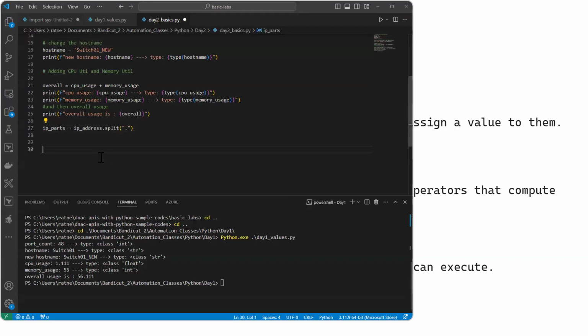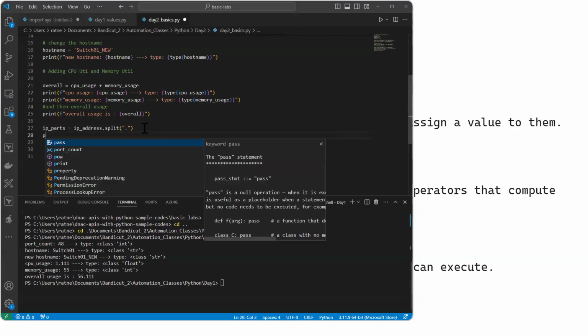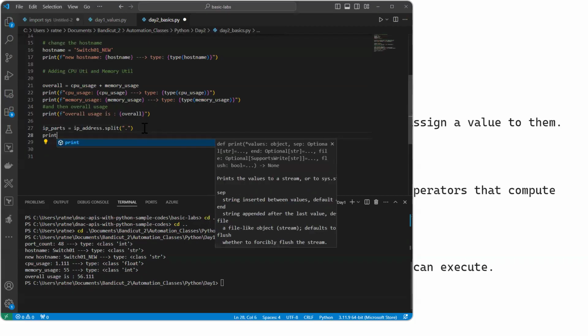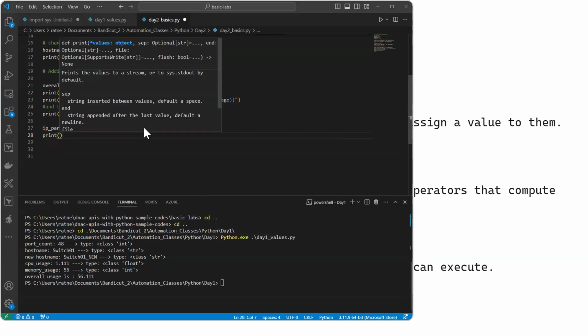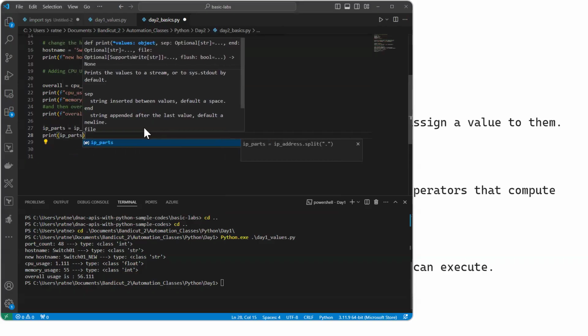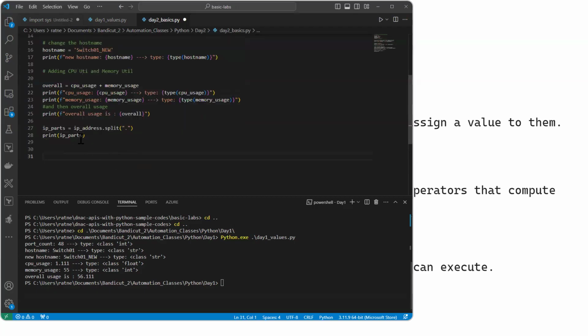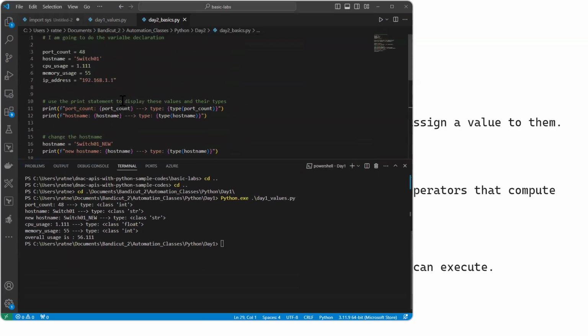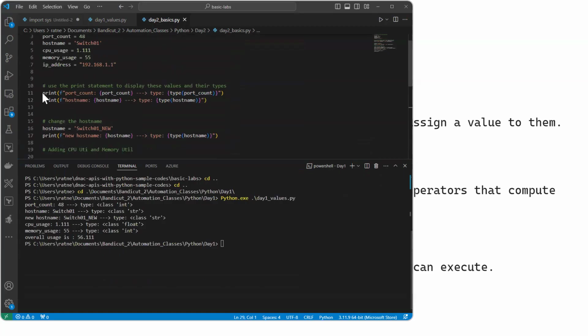Dot, and then I want to print the IP. Now you have seen that this is giving some error. Let's see. But in this example, I don't want to print the rest of the program. So what you can do, if you don't want that, you can go and use the